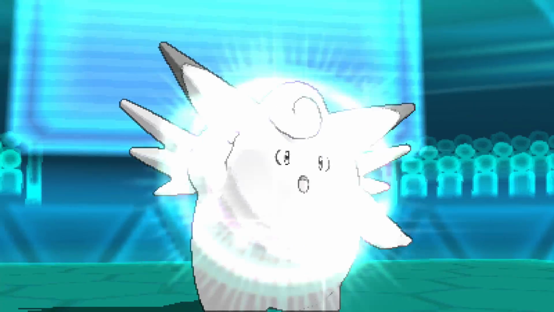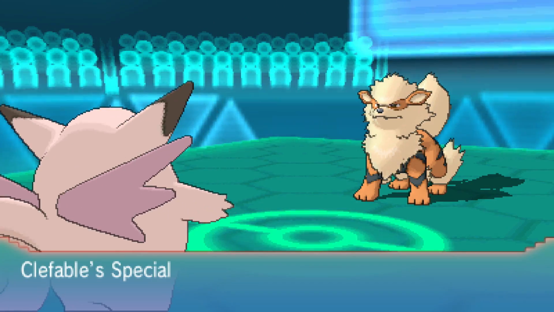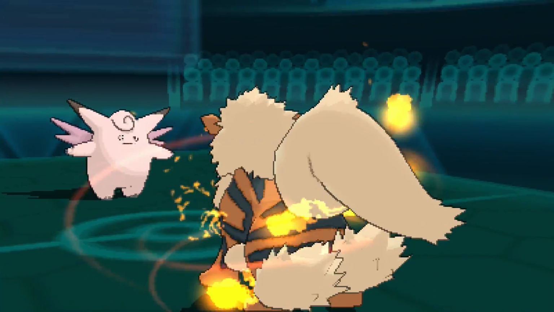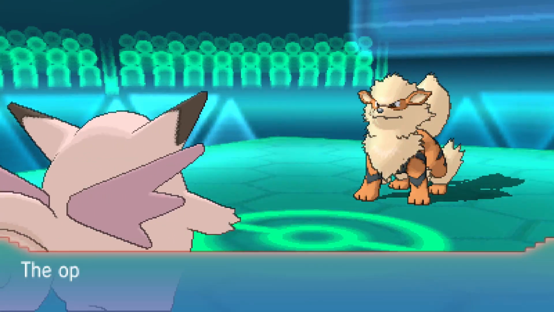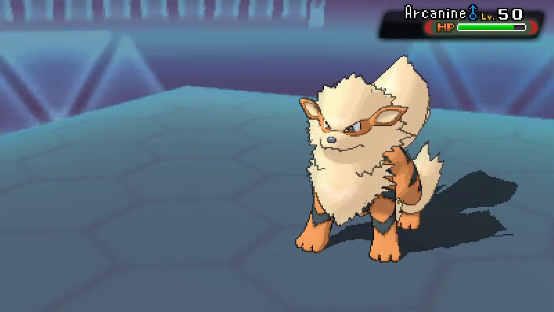So I went 3 times in a row, and I believe the 4th time I actually start attacking him so his Pokemon can finally go down. And if you can get the 4th time as well, go ahead and use Calm Mind again. So my opponent keeps using his Flame Charge, which is still not doing me any damage, but it's raising his speed a lot. And so I go ahead and finally use Moonblast,